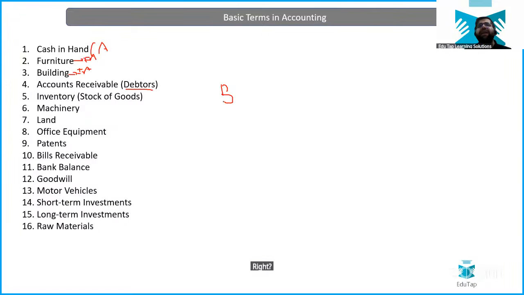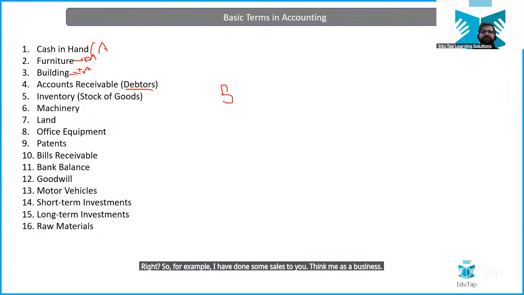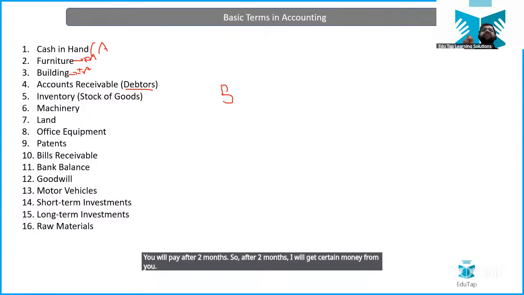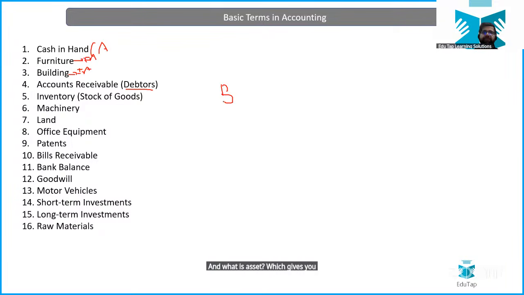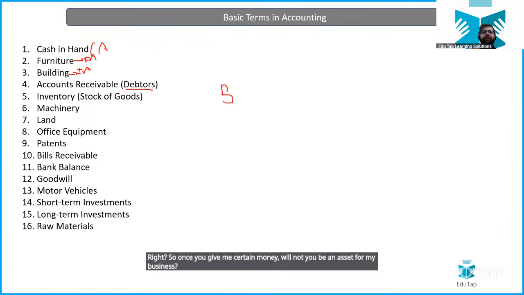So for example, I have made some sales to you. Think of me as a business. I have given certain goods to you and you are saying that you will pay after 2 months. So after 2 months, I will get certain money from you. And what is an asset? Which gives you certain money, right? So once you give me money, will you not be an asset for my business? You will definitely be. So a debtor is